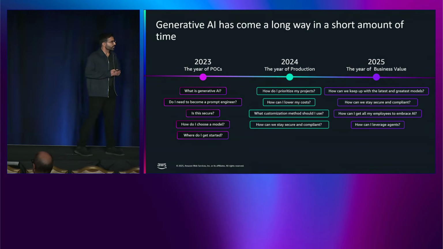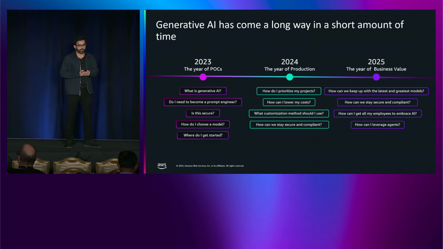So before we go through some of the use cases and various AWS offerings, I wanted to walk you through some of the journey that we're seeing with our customers who are using generative AI at AWS. Overall, I'm super impressed by how far we've come along, especially in such a short amount of time. So if you look at 2023, this was a year of POCs. Customers were still doing testing. They were trying to figure out what they can do with generative AI. And then in 2024, we saw a big shift.